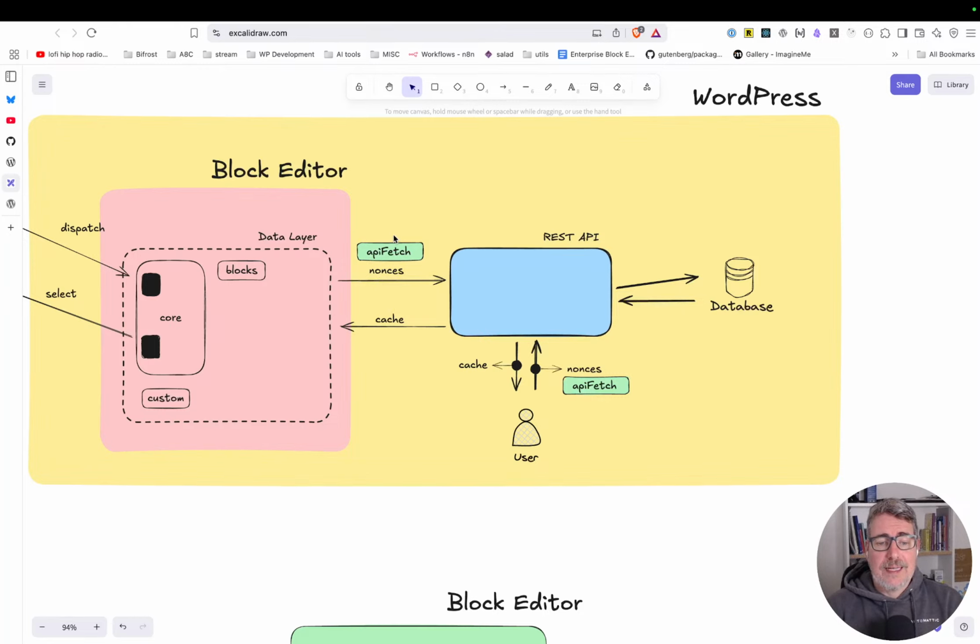So the API fetch is the package that implements this, like the creation of the nonces and the sending of the nonce in the request. But this is implemented internally by the data layer, so we don't have to worry about that. Every request we do through the data layer will have all these security measures internally. But also there is a cache implemented that is really handy,